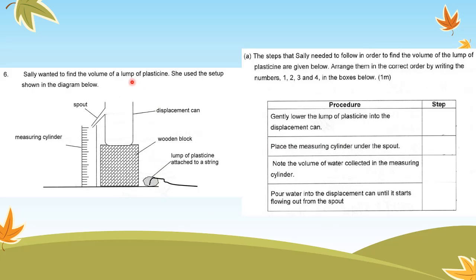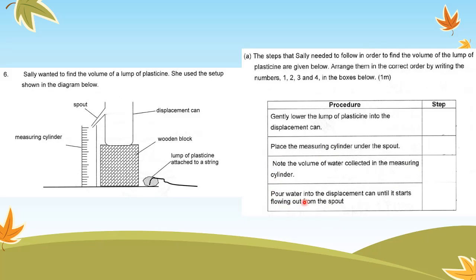Then you put the plasticine in. Then as the plasticine slowly sinks to the bottom, the volume of water will increase because it's being displaced by the volume of the plasticine. So the water will flow into the measuring cylinder. Any extra water that is flowing into the measuring cylinder is the water that is being displaced by the plasticine. So this one should be 3. Note the volume of water collected in the measuring cylinder. This should be 4. Okay, so I repeat,